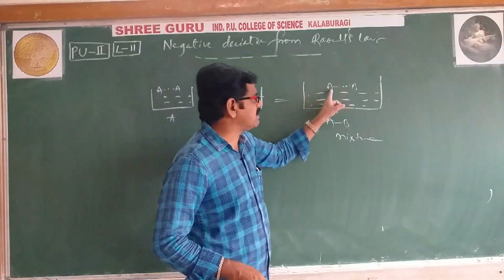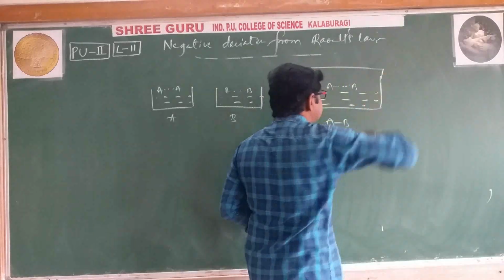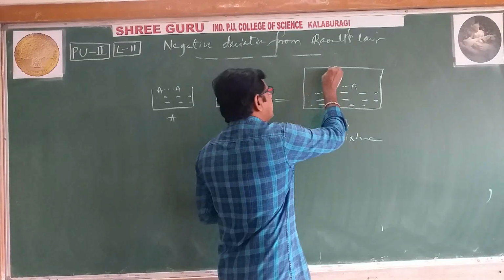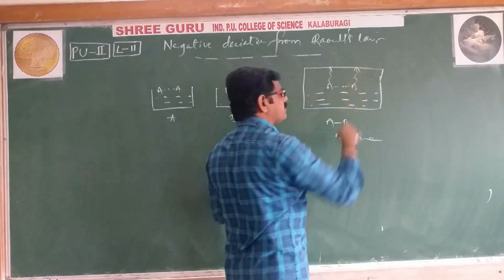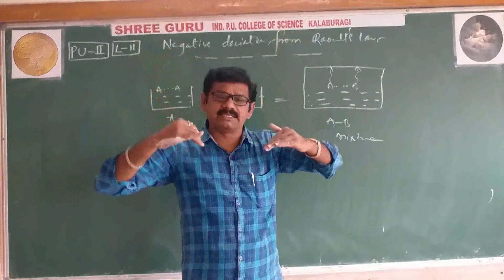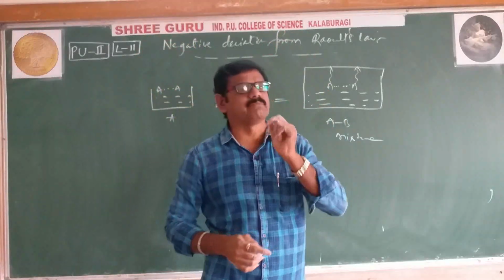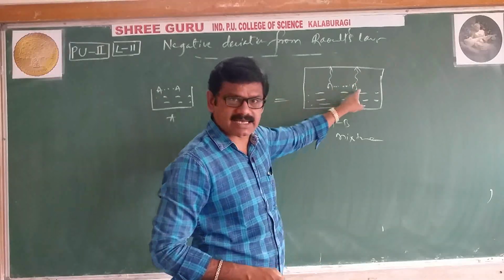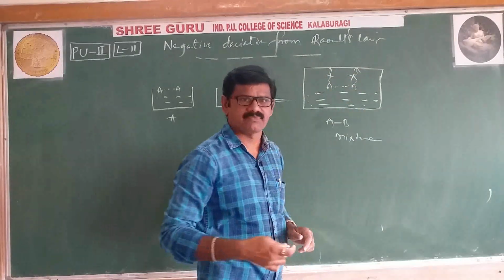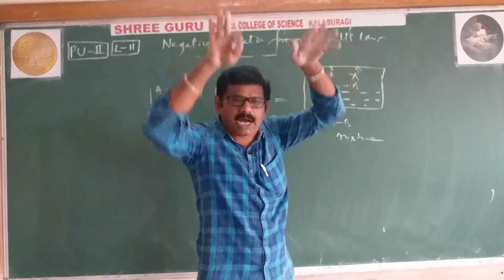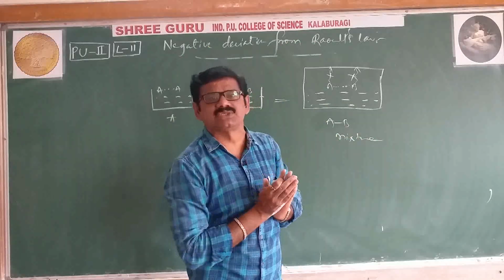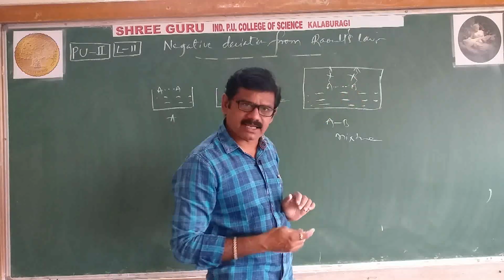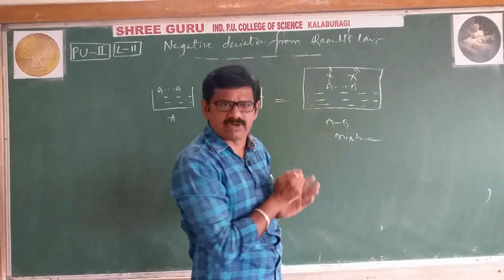Because of more attraction forces, see what happens. Because of strong attractions between A and B, A converting into vapor and B converting into vapor is very less. A and B are not easily converting into vapors. Why? Because strong attraction forces exist between them. If they are not converting into vapors, automatically vapor pressure is also less. Here between A and B strong attraction forces are there, and because of that they are not easily converting into vapors.